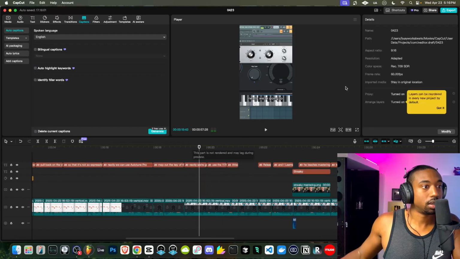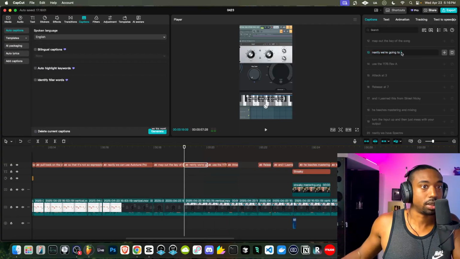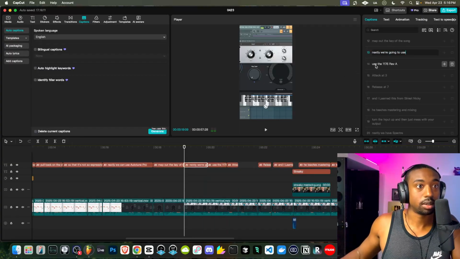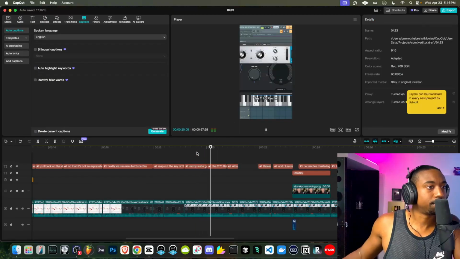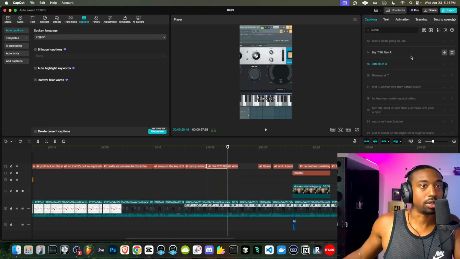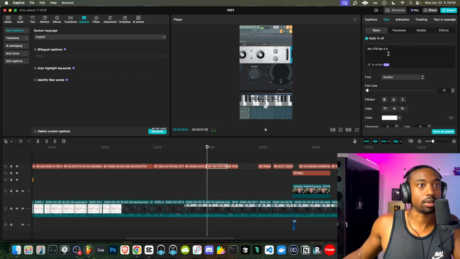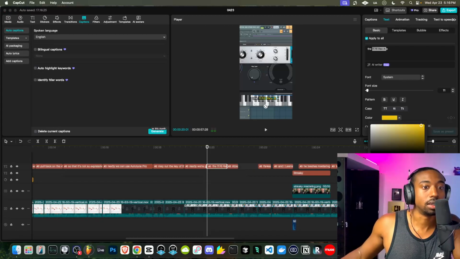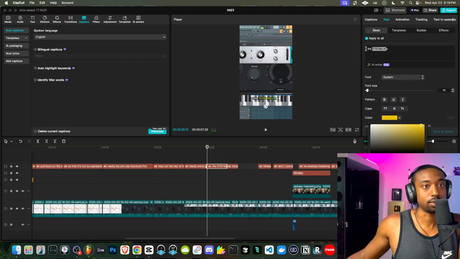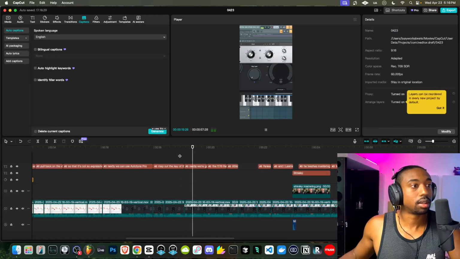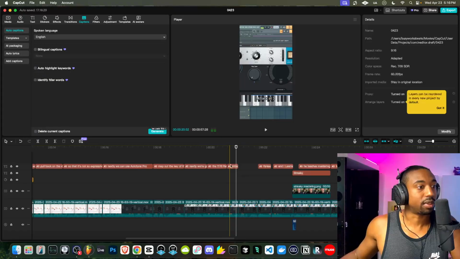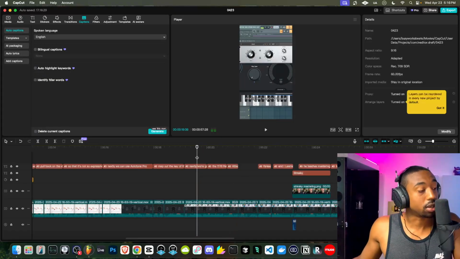Really the word use should be here. Little stuff like this, all right. Okay, so again, we're introducing a term. We're going to add a letter, go to the text, highlight the term, and make it yellow. This is my style. You guys can create your own style, but that's just what I do to make it obvious to the listener what I'm actually trying to teach, especially if they have the volume turned down.